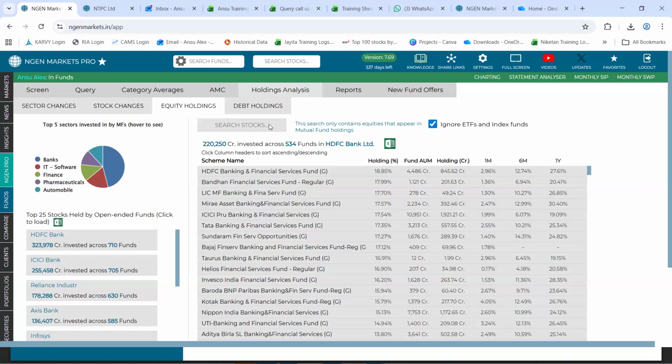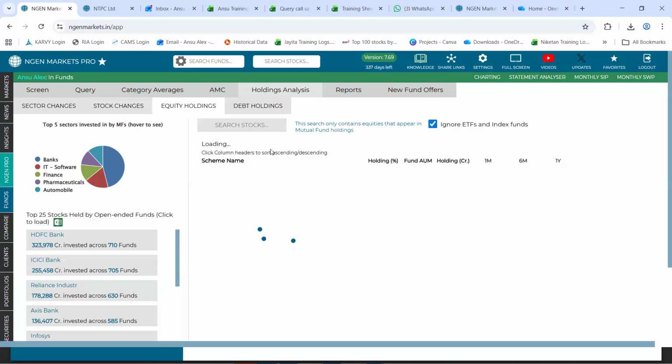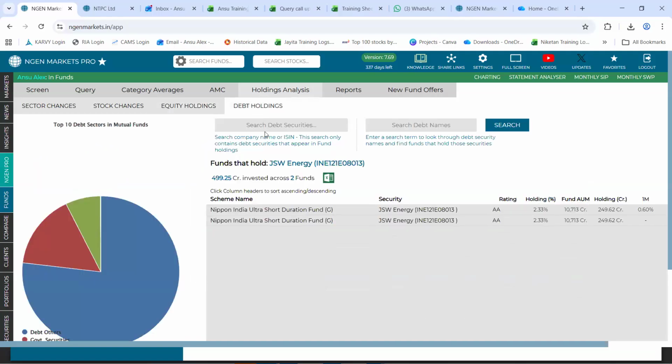All you need to do is search for the name of the stock into this search box, and you get a list of the funds holding into the same. And similarly, debt holdings helps you to understand how is the holding of funds changing into different debt securities that way.